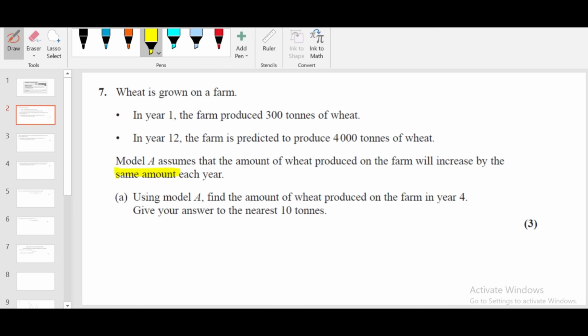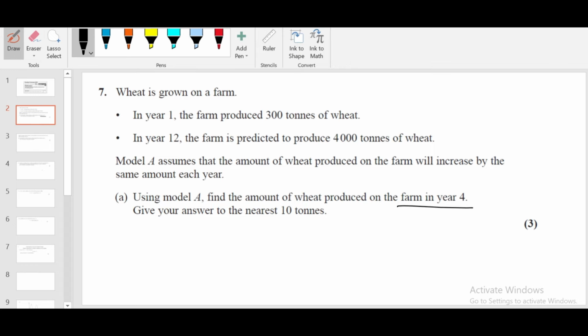This is a very important one. When the question says the same amount every time, it's an arithmetic series. When the question says the same percentage every year, that's a geometric series. That's the difference. So here it's an arithmetic series, and they want you to find the amount of wheat produced in